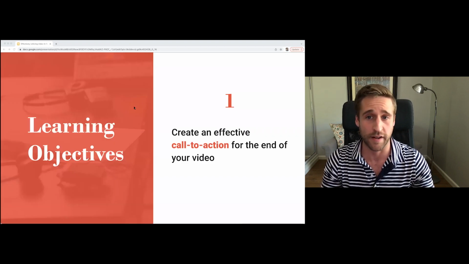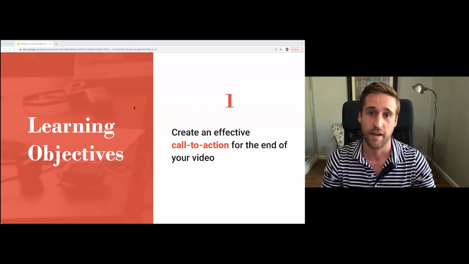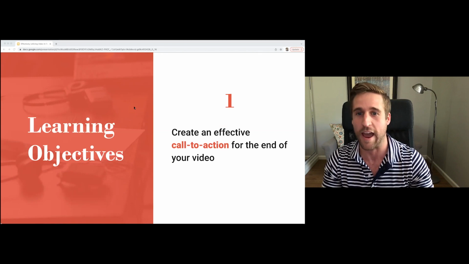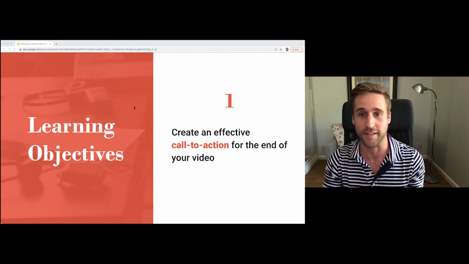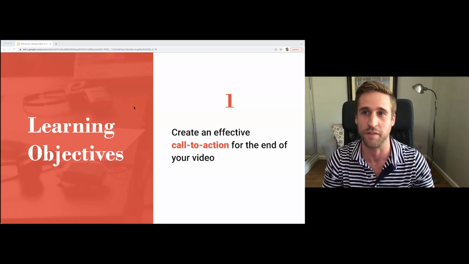So our first learning objective of a few is going to be about calls to action. A call to action can take many forms, but it's simply outlining the next step a viewer can take after viewing a video, which is very important and often forgotten about with someone who's engaging with video for the first